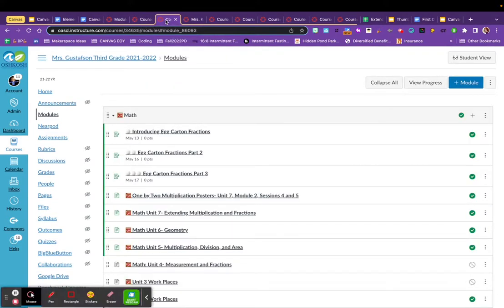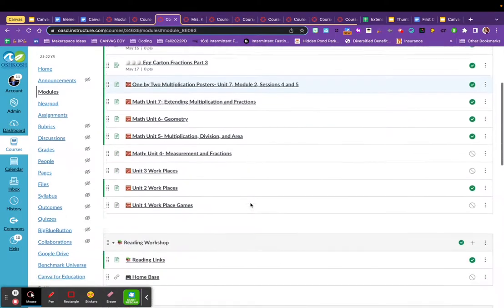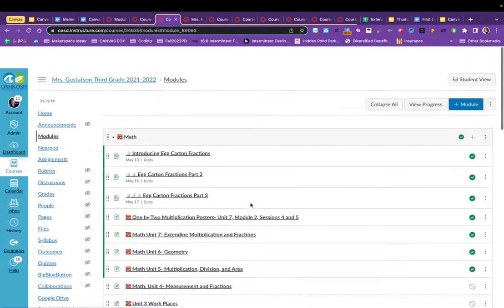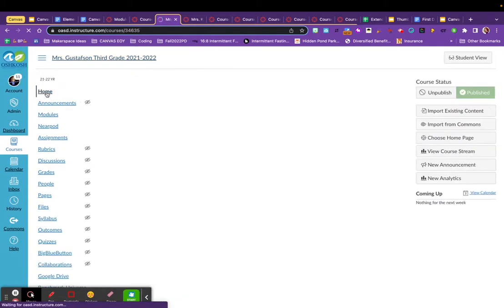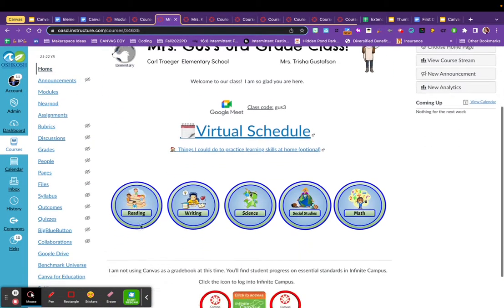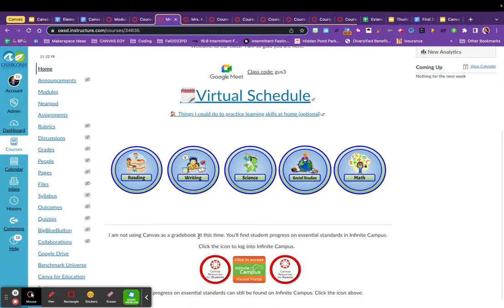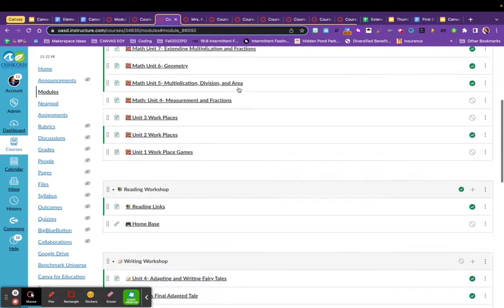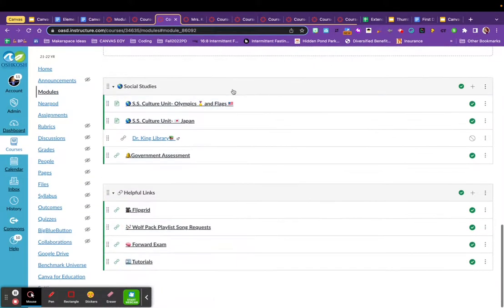If I click in this next teacher's course, this also is another third grade course. She also has hers organized by modules. So she chose to put her math module at the top, a reading workshop, a writing workshop, and so on. If I click on her homepage, I scroll down and you can see that she is also using buttons to navigate to modules. So if I click on the social studies button, it's going to jump right to her modules page, but it jumps right to social studies where it has resources, links, and pages, and even an assessment that